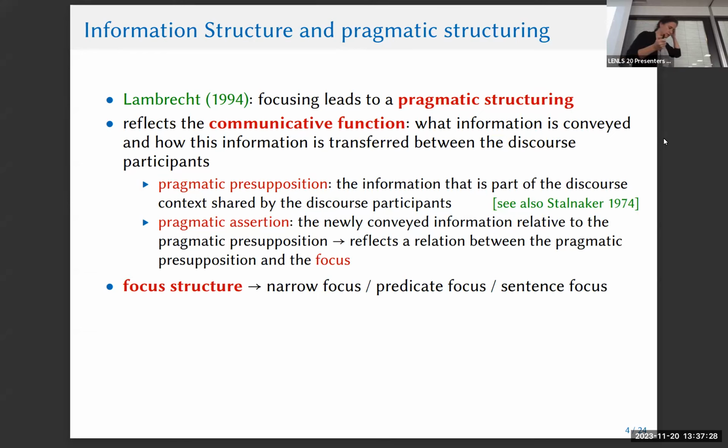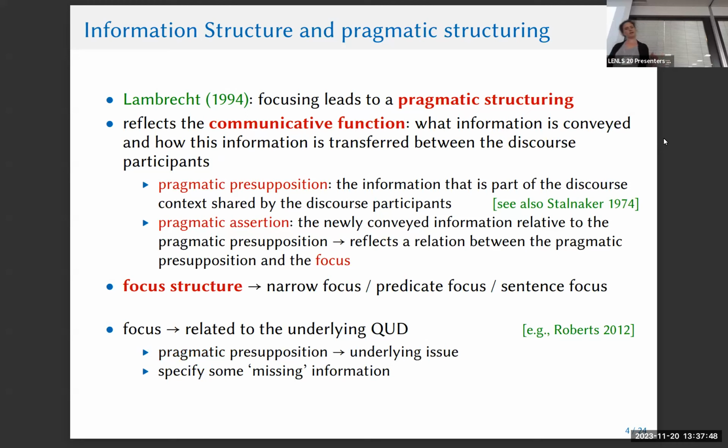Also, a notion that Lambrecht introduces is the focus structure. That's a conventional association of focus readings to certain constructions. What we need here is the distinction between narrow, predicate, and sentence focus constructions. So we want to narrow down our analysis to narrow focus, but try to do it uniformly for all kinds of focus structure. What I would like to change or think differently from Lambrecht is the